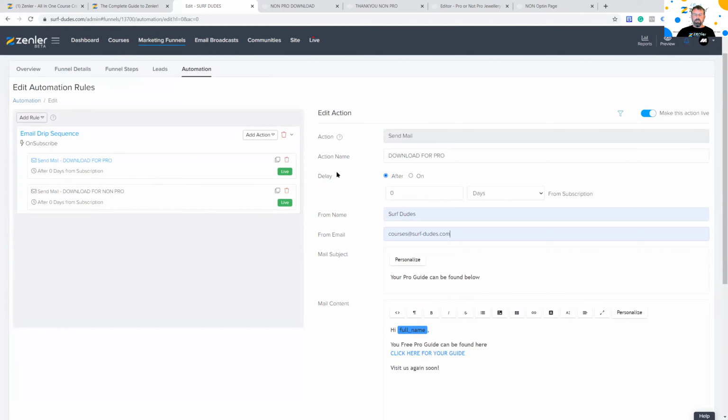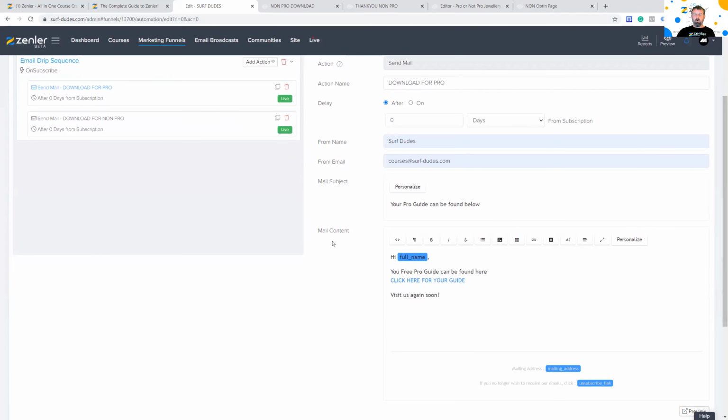For this, you're going to set the delay to 0, so it's going to go out straight away. I've labeled it download for pro, so it's really easy for me to see what's going on in automations. Always label your action name. It makes life so much easier. A lot of people leave it with the default, and it really makes no sense, so you don't know what's going on. So try to change your action name for sure.